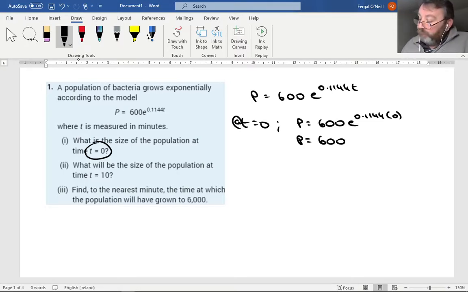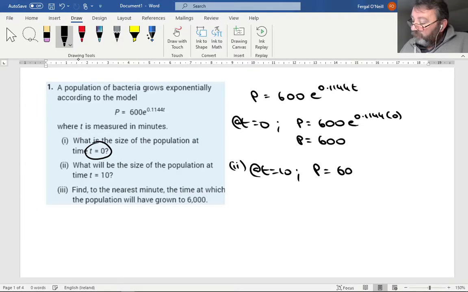Okay. Part 2. What will be the size of the population at time t equals 10? So at t equals 10, and again we go back to the same formula. P equals 600e to the 0.1144, and this time t has a value of 10. And you go to your calculator, very simple. You plug in 600, shift ln, which brings you to the e function, 0.1144 bracket 10, and press equals, and the answer comes up at